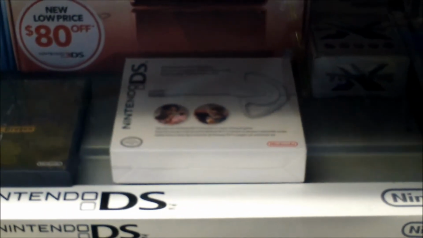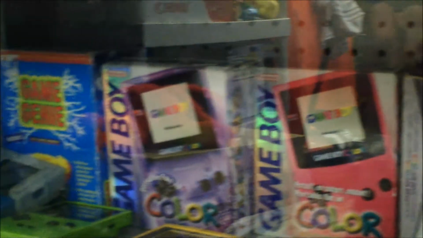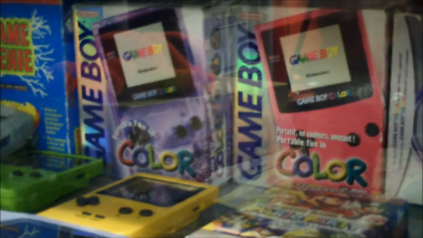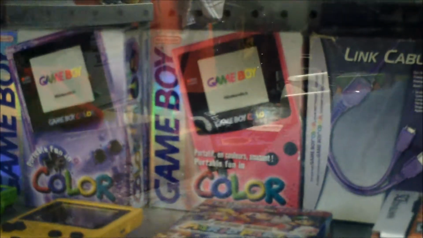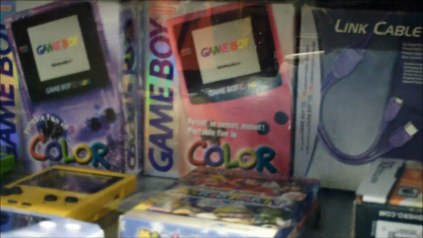A few other things here: a pen-styled Nintendo DS stylus, the headset for the DS, and just a few other random accessories back there, which are pretty neat. The last shelf at the very bottom is just mainly miscellaneous stuff, and also a few Game Boy Colors in the box, because I didn't really have enough Game Boy Color stuff to dedicate a whole shelf to it. If we look in here,